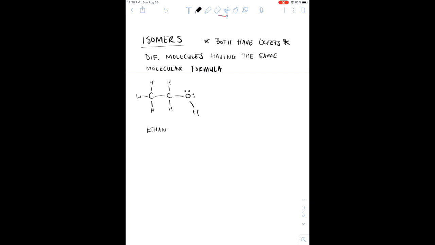For example, we've got ethanol here, and I guess I'll draw the other molecule for you real quick. We've got this one right here with an oxygen at the center now. It's not at the end, with its two carbons on either side of it. And this is called dimethyl ether, something we'll become familiar with, or at least the functional group and the names. Both of these have a chemical formula of